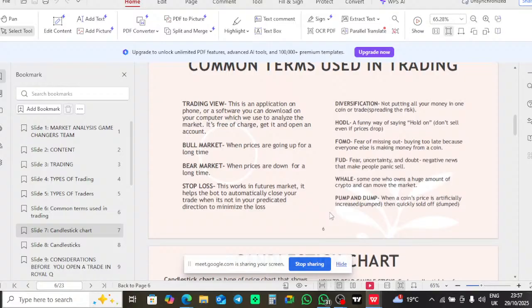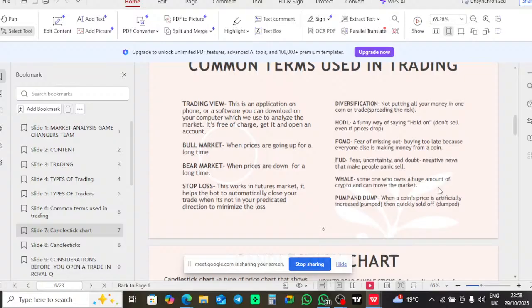So you have heard people talking about whales. Now, a whale is a person who is having too much money. He can pump the market alone. He can pump a coin alone. They can invest millions and millions of money. We are talking about millions of dollars. They can definitely put it there. And they pump. After pumping, we are not talking about banks. Those are institutions. We are talking about an individual having money, pumping the market and dump it again.